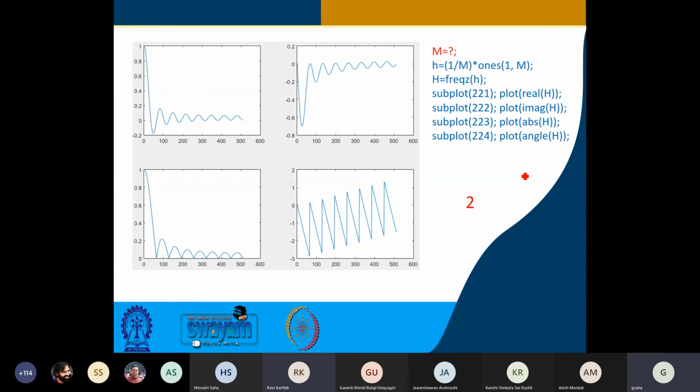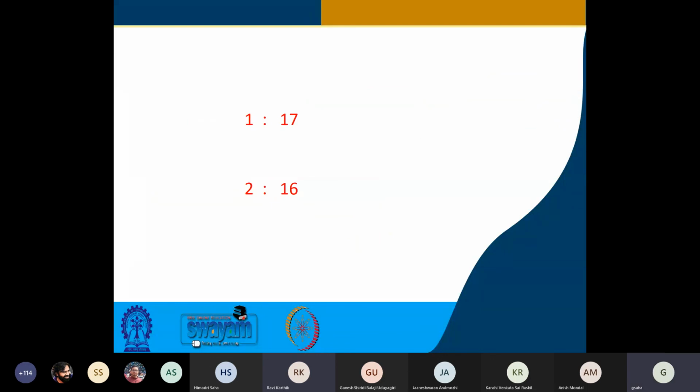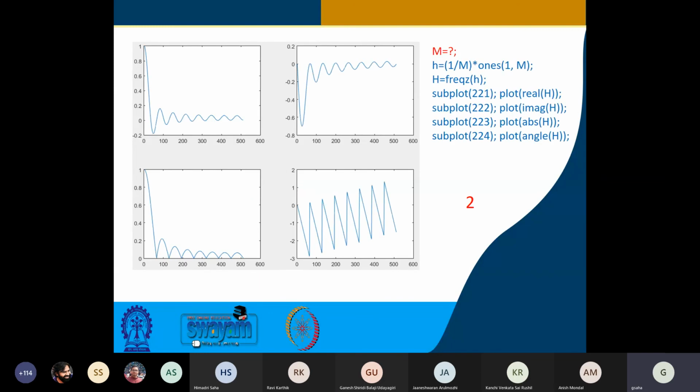Sir, because there are 8 and exactly at the 512th point it is becoming 0. So we should also include 8, I guess. So in total it will be 16. Okay. For 2k pi by m should be less than or equal to pi, right? Right. So now, by looking at this kind of thing, and if I say it is a frequency response, you can tell the order of the filter and the basic equation and other things. Isn't it?